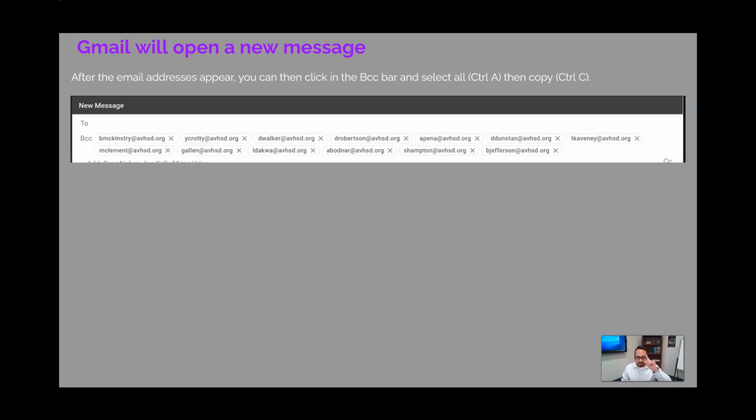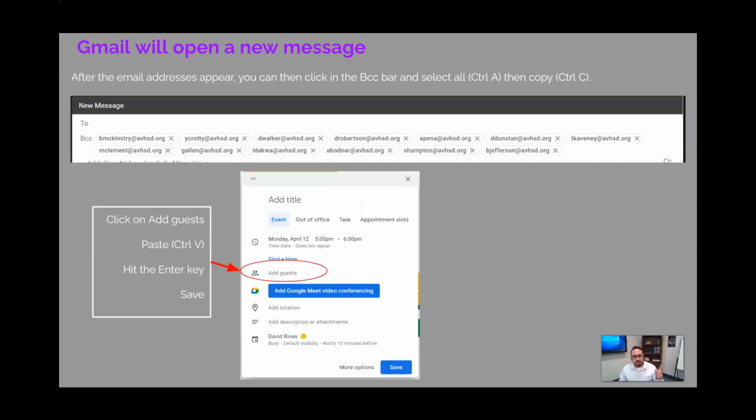So all you have to do is click in that bar and type Control-A to select all the email addresses, then Control-C to copy all the email addresses, and then head back to your calendar event and click Add Guests,